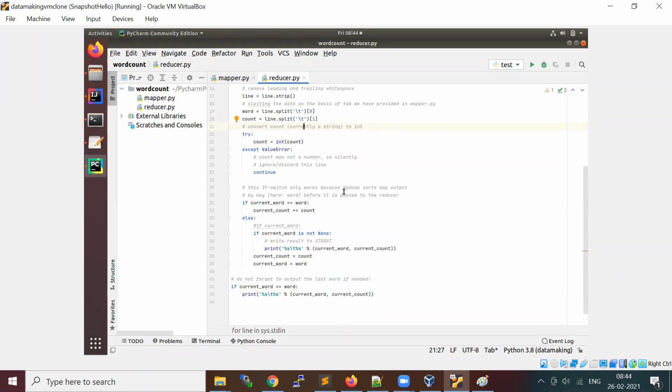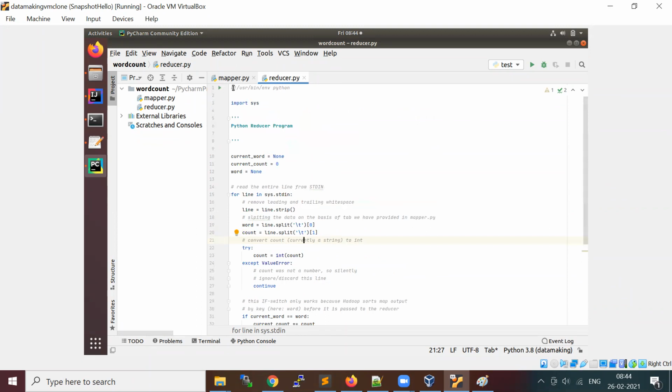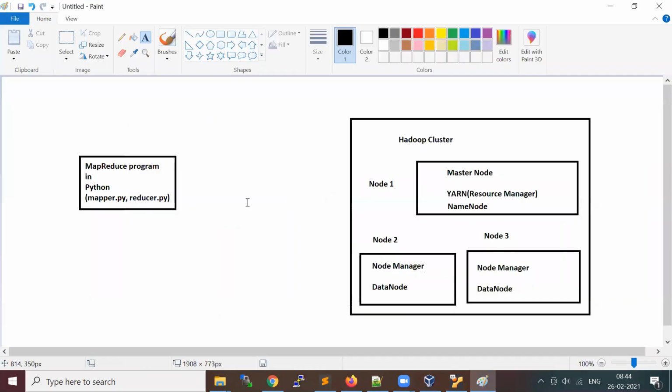So if you want, you can go through the previous video where I discussed the entire flow. So we have this mapper and reducer program. Now we need to run this program. Since this is a Python program, and the framework which we are going to run on is Java, we needed some kind of interface which will take our program and convert it into a class file which the Java JVM can understand. For that reason, we are using the Hadoop Streaming library.